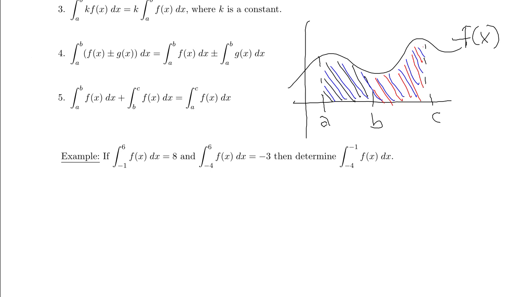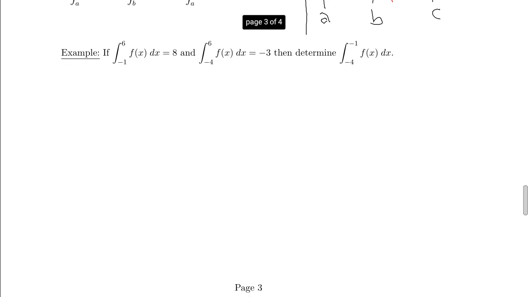So let's work through an example, and we're actually going to do a couple of these examples. So the first one, we have some information. We know that the area underneath the function f of x between -1 and 6 is 8. We know that the area under f of x between -4 and 6 is -3. And we want to determine the area underneath the function between x equals -4 and x